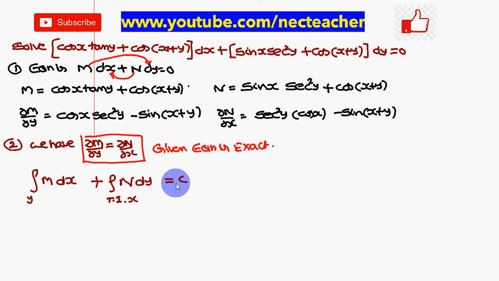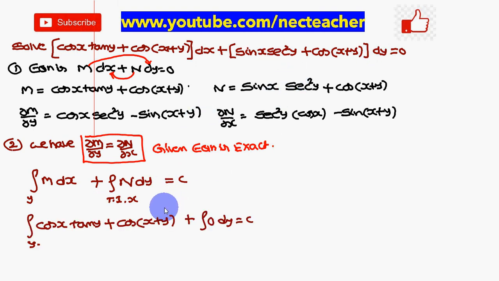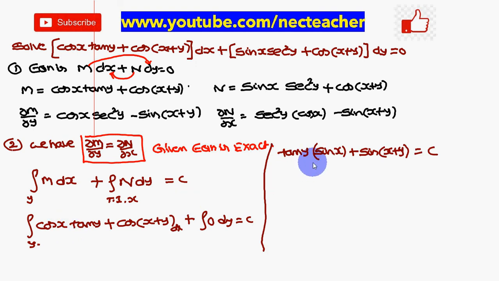Now you will finally remember how we have to remember this general solution formula. Same for the first term, integral of M dx only. For the second term you apply the integration. Here dy is there, therefore the terms independent of x you have to write. Here, terms independent of x in N, there is nothing, therefore integral of 0 dy. Here you do tan y with respect to y, treating y constant. Therefore tan y into the integral of cos, it is sin.